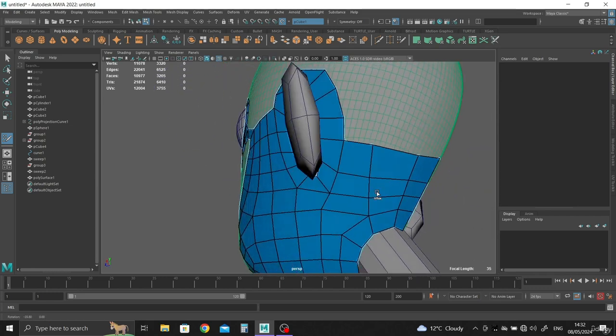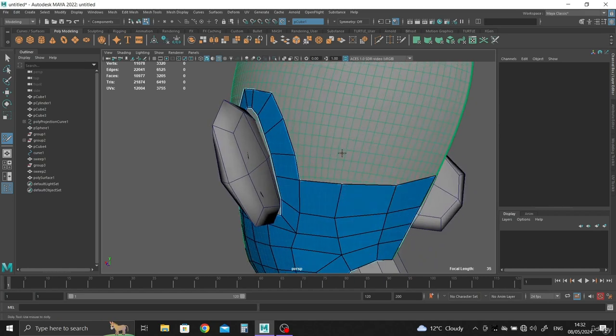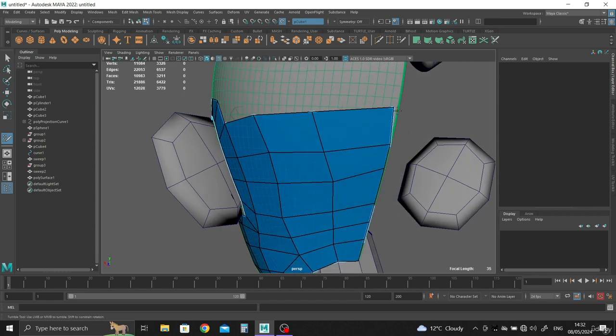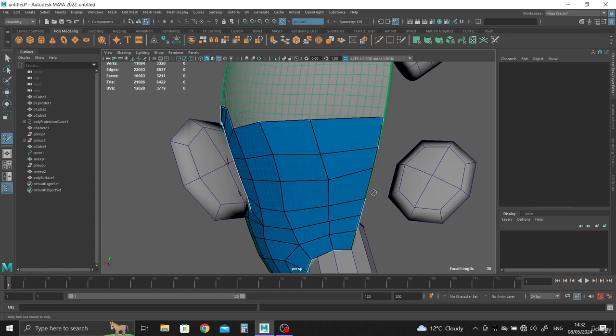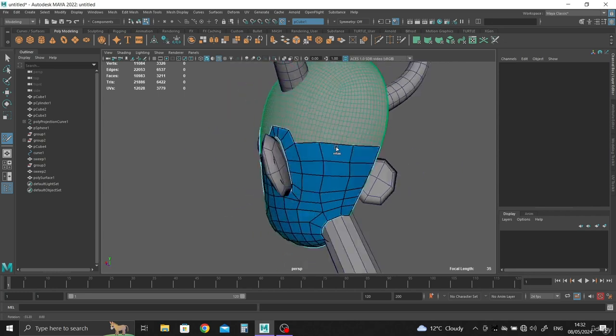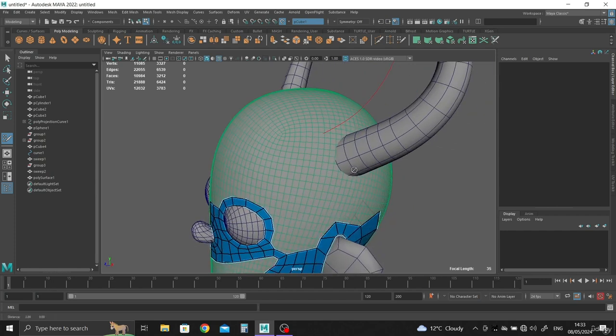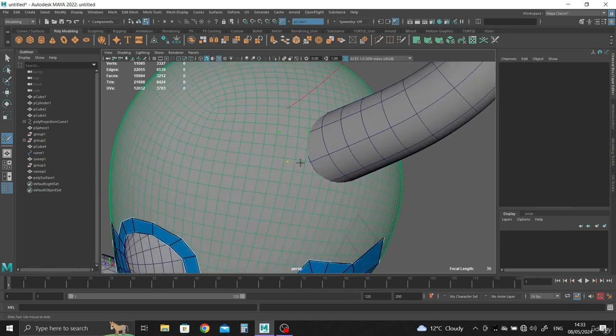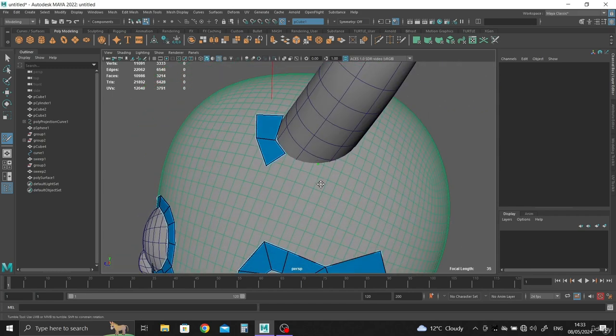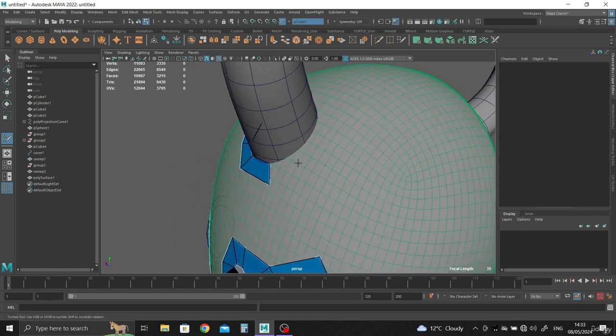Like here, I guess it doesn't really matter. There you go. Just gonna move it down. Now we didn't do this part around the horns, so now the horns don't normally attach to the head, so strictly speaking you don't need to do this, to be honest,